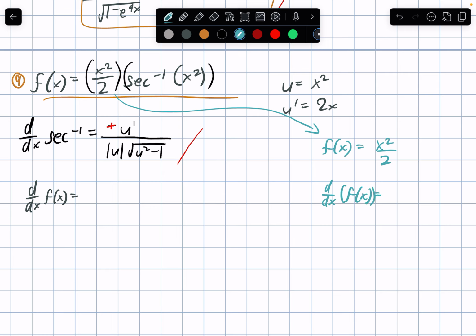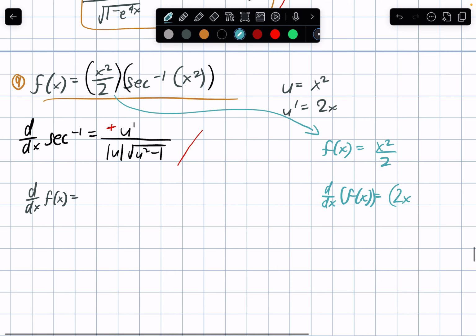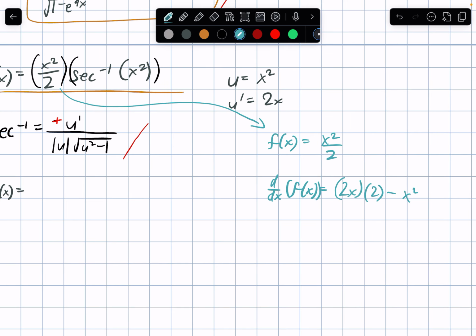What is it going to be? So 2x times 2 minus x squared times 0, divided by 2 raised to 2, is going to be 4. 4x over 4 is equal to x. So